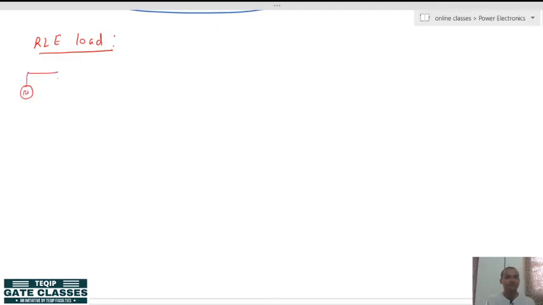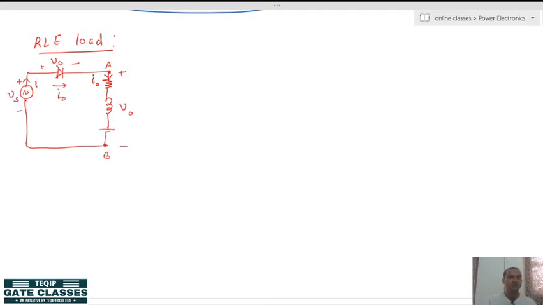So this is our circuit, a single phase half wave rectifier with diode, and this is our load. In my previous lecture I already discussed how we take the output voltage, that is terminal to terminal. So the output voltage is V naught, from A to B in my reference, and the reference output current is I naught. This is the reference diode voltage, reference diode current, and reference source voltage, reference source current.